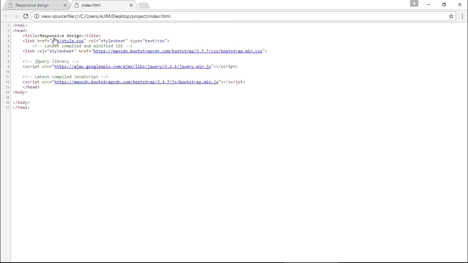So I'm going to live preview to show you whether all the files are linked or not. You can see we are not getting anything inside this web page. You know why? Because I didn't put anything inside the body part. Now here we will see all the files linked. So I'm pressing Control U, U for umbrella. You can see MaxCDN, bootstrapcdn.com and this. So all the files have been linked beautifully. I think it's a great way to link all the Bootstrap files without downloading anything from any websites.